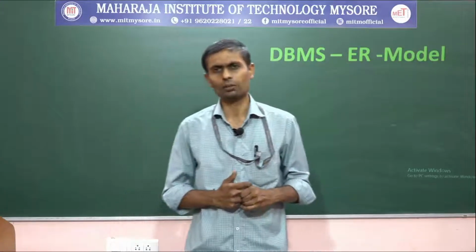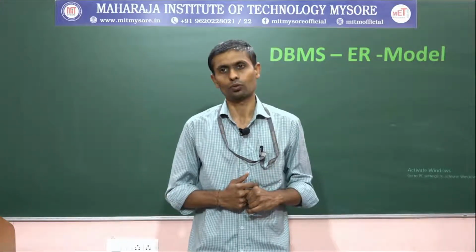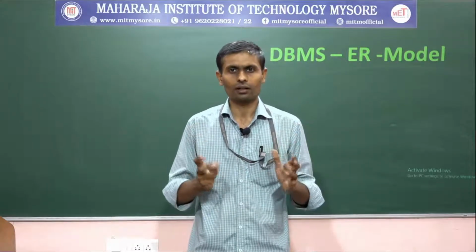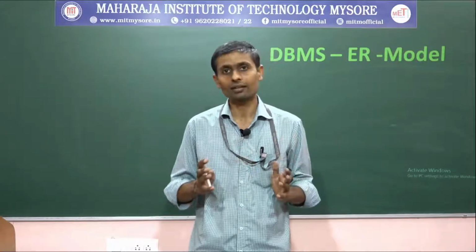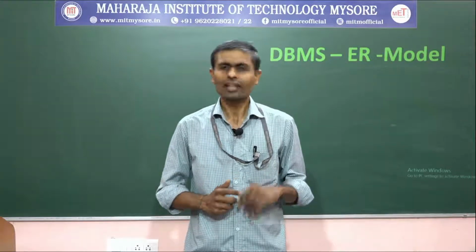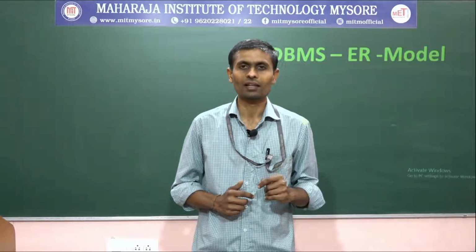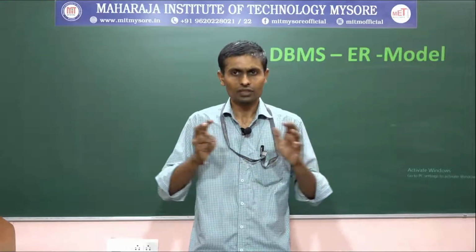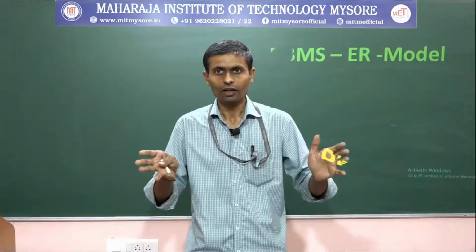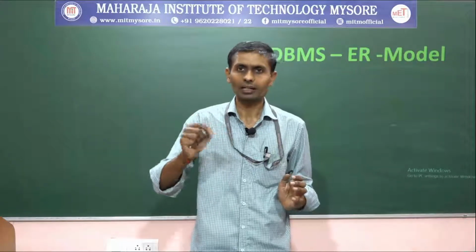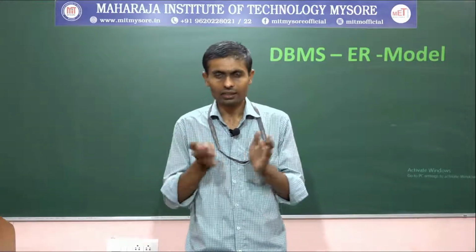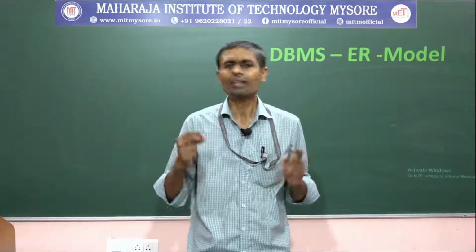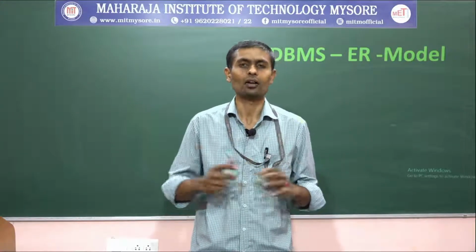Then after that we discussed a complex attribute, what it means: it is a mixture of a multi-valued and a composite attribute, right? Such attributes we call a complex attribute. That means an attribute which can be further divisible, where one of the components in that division is of multi-valued kind. Such an attribute we call a complex attribute.